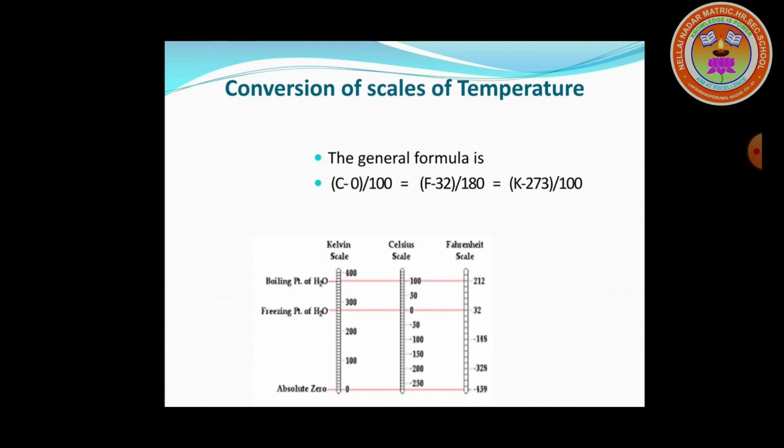Here the boiling point of water and the freezing point of water are given, graduated in the scales. See the diagram also. First we move on to the Fahrenheit scale. The freezing point of water, which is taken as the melting point of ice, is given as 32 in the Fahrenheit scale, and the upper fixed point value is given as 212, and correspondingly in the Celsius scale 0 and 100. In the Kelvin scale also the readings are graduated.